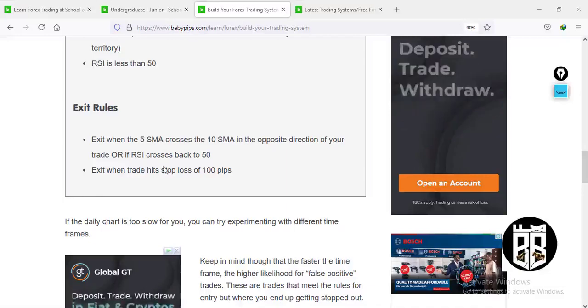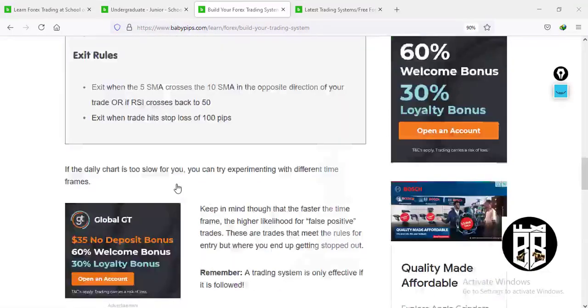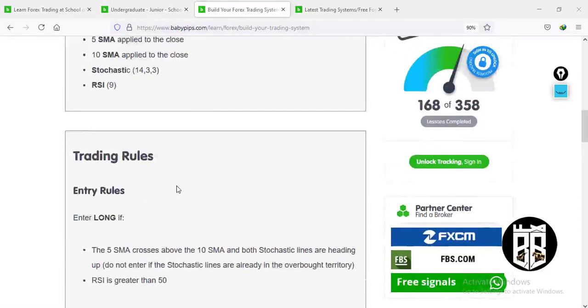Exit when the trade hits stop loss of 100 pips. So these are the trading rules. Now there's something I want to say about this trading rule. I don't think it's bad. In fact, I think